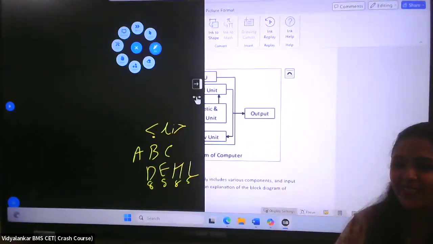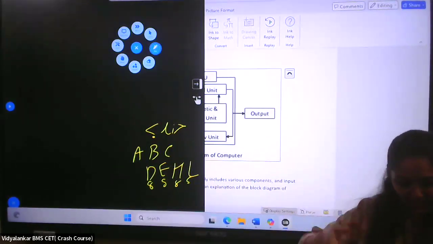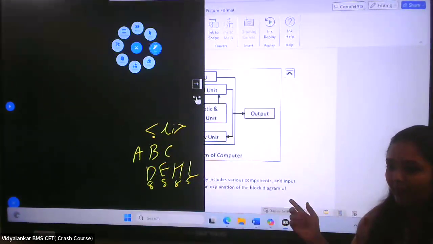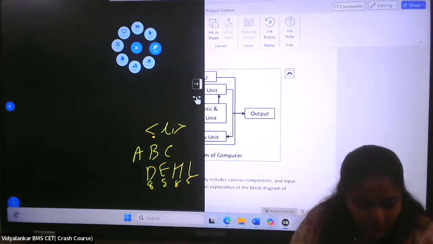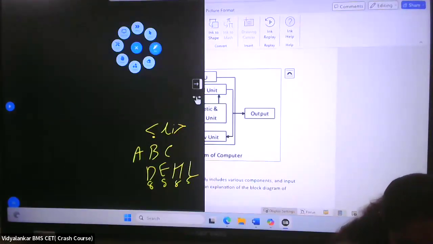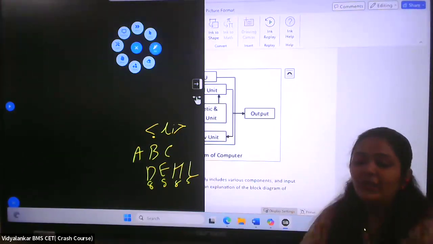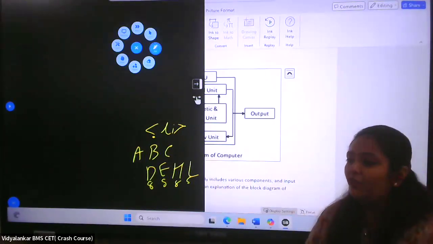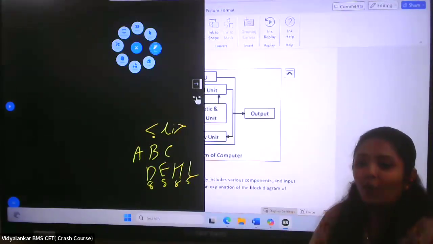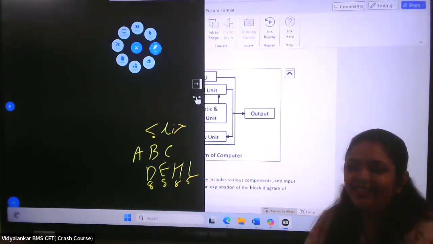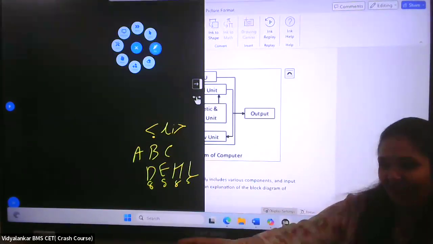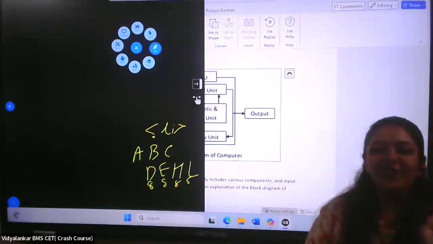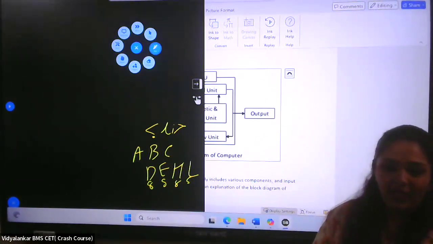Okay, so we'll quickly revise what we did today in 2 minutes. I think I still have 4 minutes, it's enough to revise. So if I ask you what's the full form for CPU, even online you can join. I can see your scores and they're definitely good, you can do much better. So what's the full form for CPU? And what is the full form of COVID? Which virus? Okay, so fine. CPU is central processing unit.